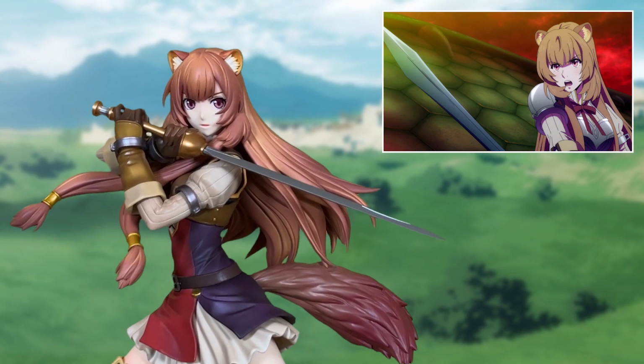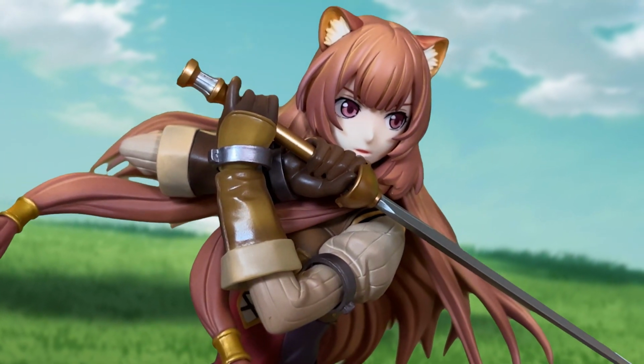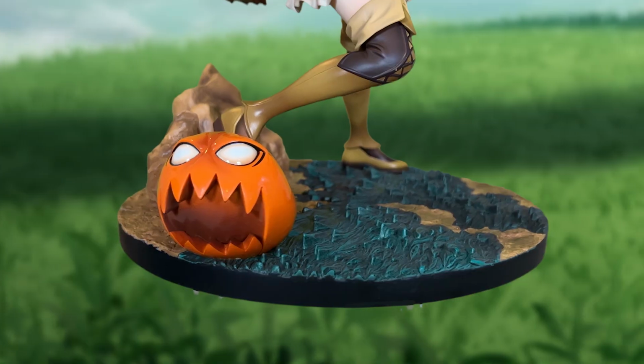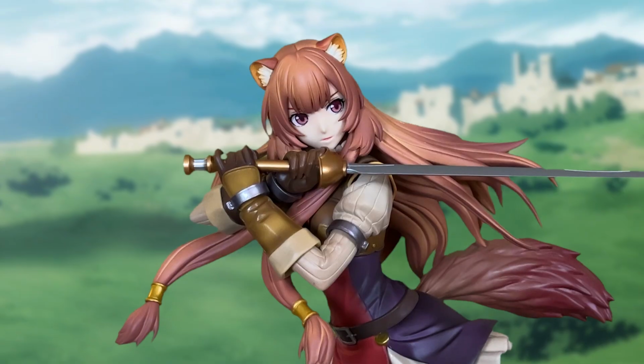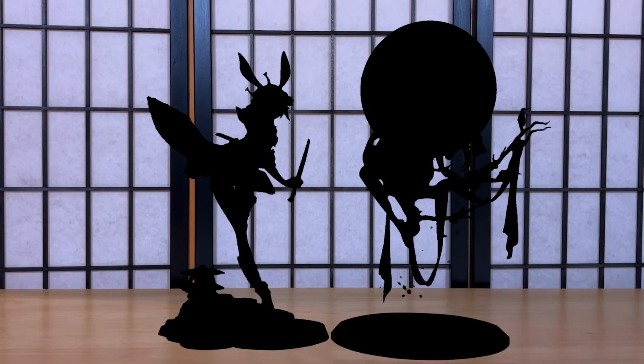Raphtalia quickly becomes one of those lovable supporting characters, and this figure does her justice. This Raphtalia figure has a near perfect sculpt and a wonderful matte paint, and her base is so well done. Factoring in my history with the series and how well this figure is made, it's easy to understand why she was picked. Now the last runner-up, or shall I say runner-ups, this one was hard for me to choose, so I